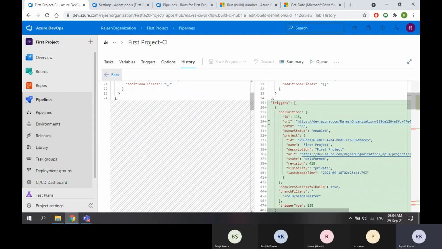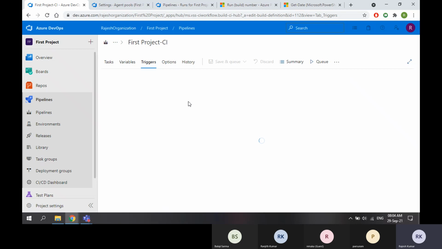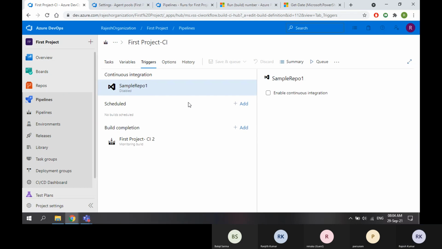If you see here, there are no triggers, guys. This version has no triggers enabled. I enabled triggers in a later version.